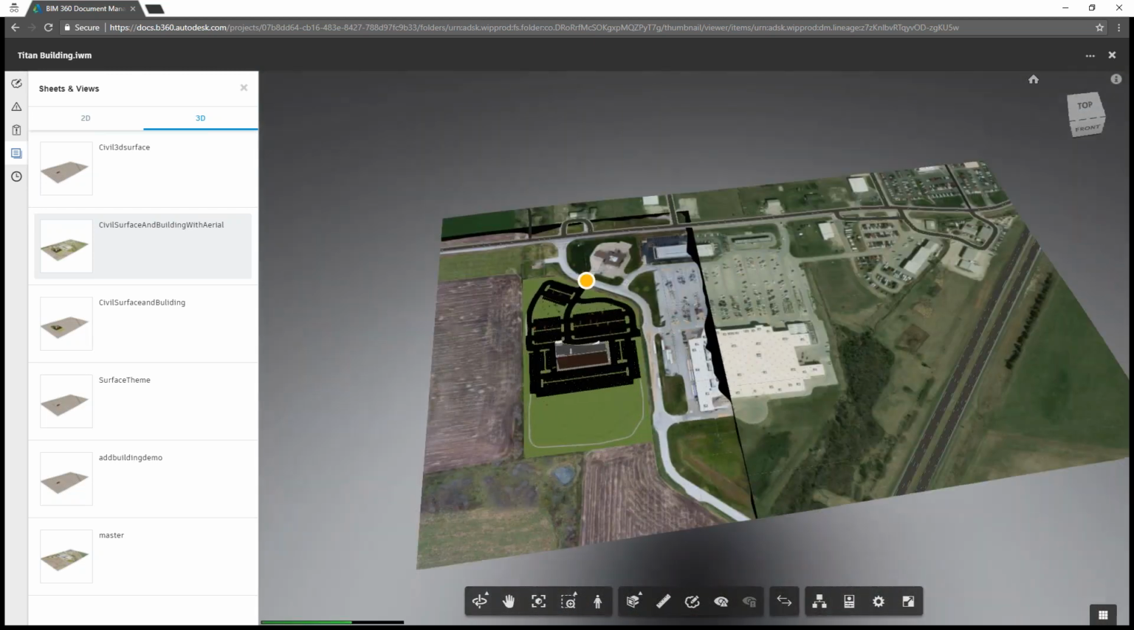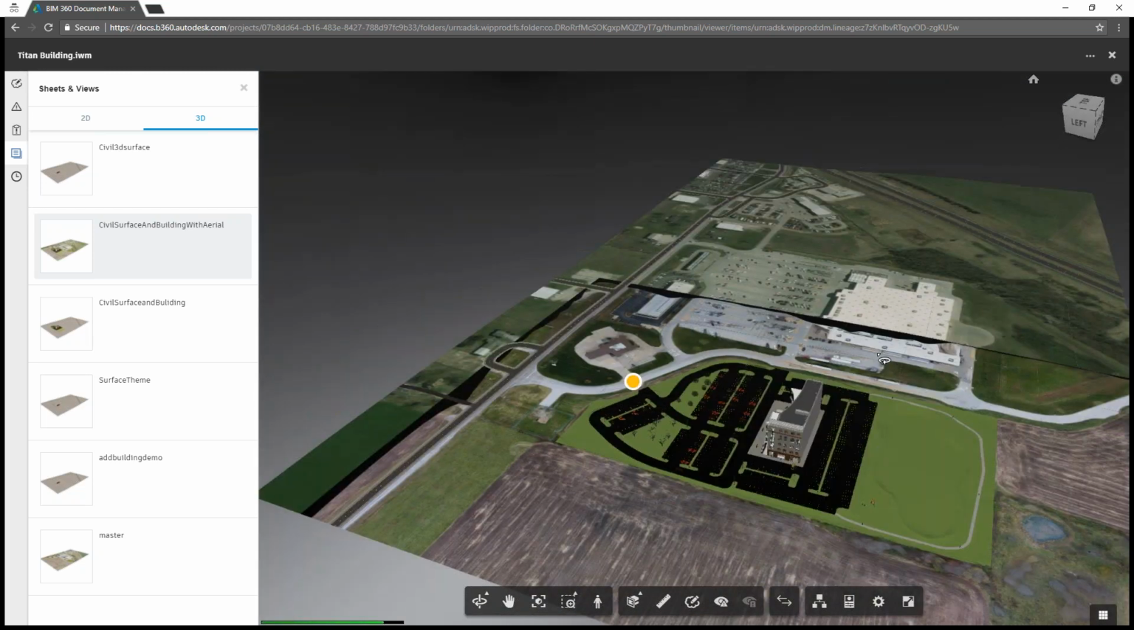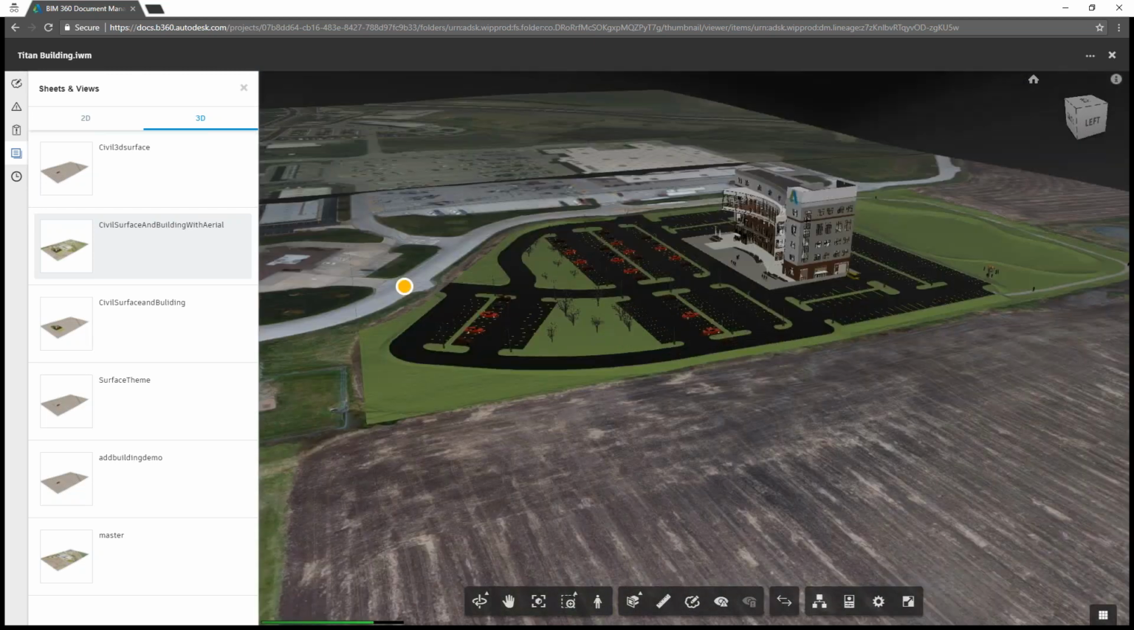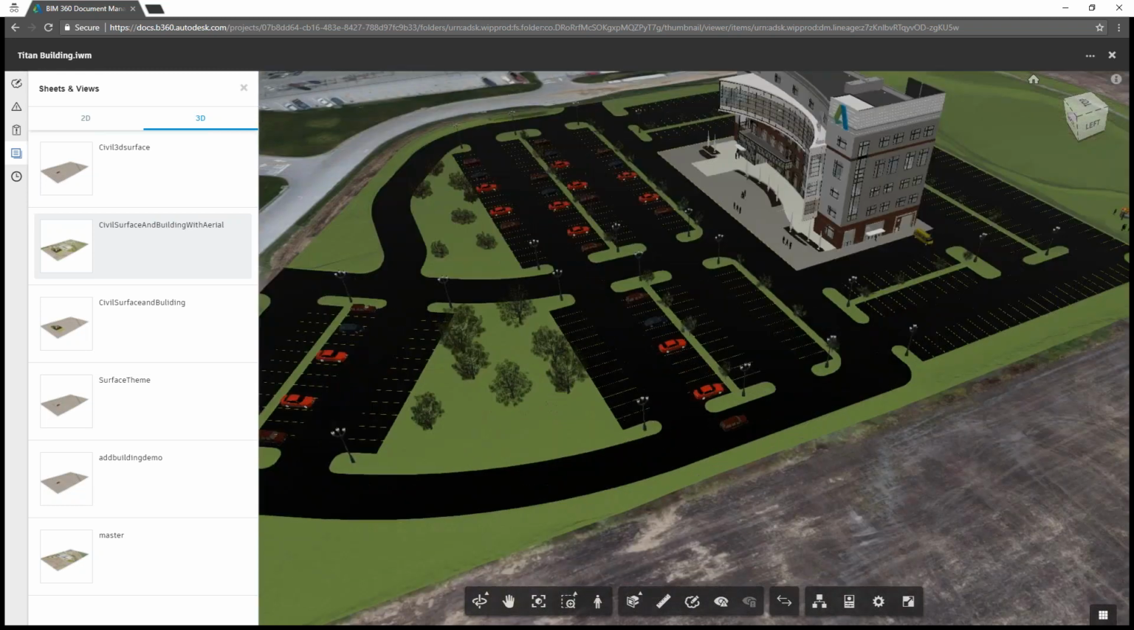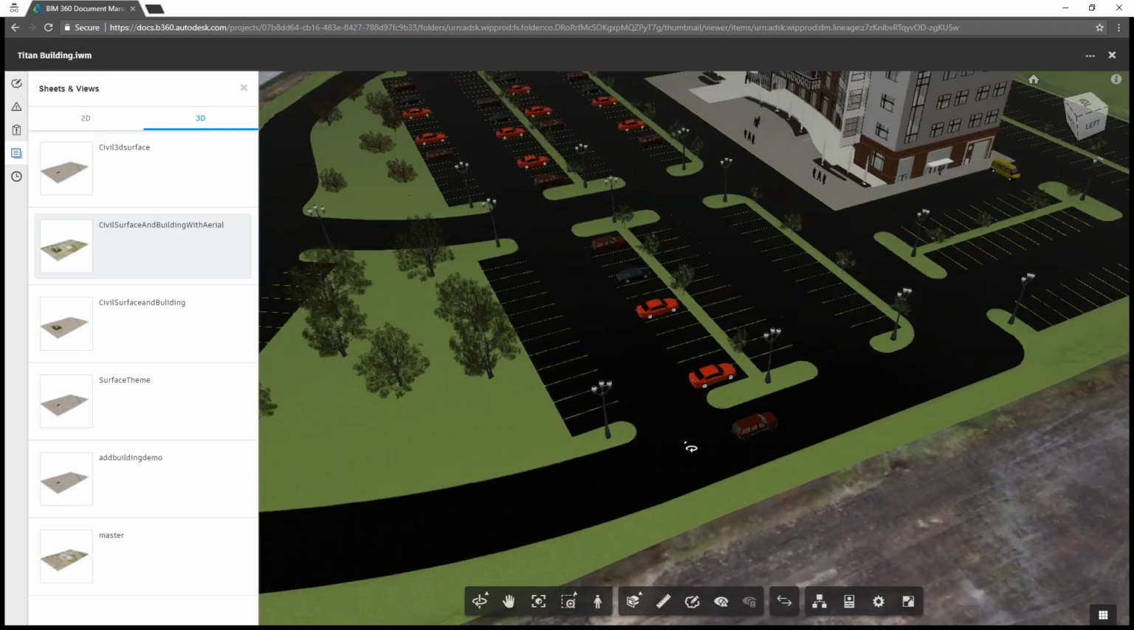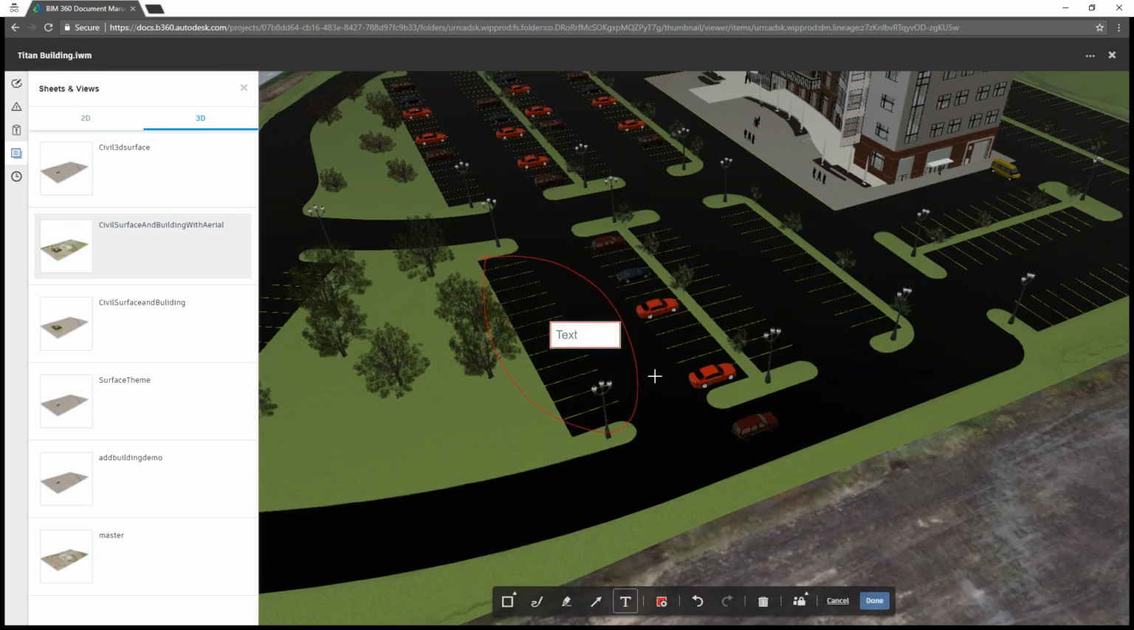And remember, this is all about collaboration, right? So let's say I invite someone to look at this model and they don't like something. Well, they can do a markup, and so I'll go to my markup tools here, and I'll say, maybe I don't like that there's no cars in here, and I'll circle that and put a little text message here, need cars here,